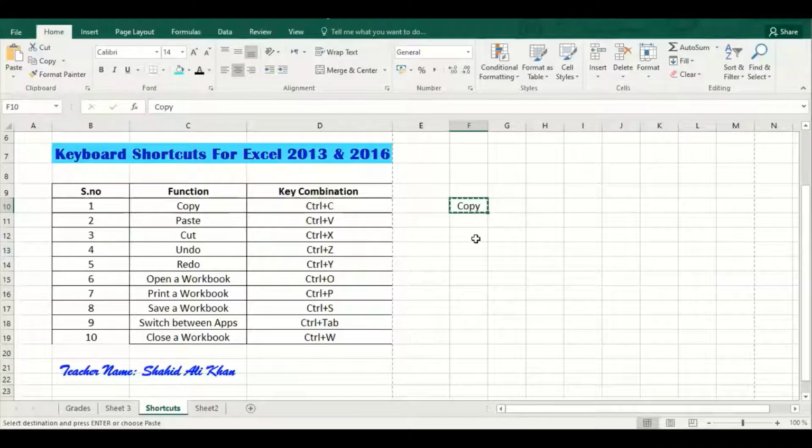Now I have to move to another location. For example, I want to move it here. This is the location. And again, the Control V key is used for pasting. So I will use Control V. You will notice the text is permanently moved into the I10 address. From F10, it moved to I10. So cut is used to permanently move the text to another location. That is, the Control X key is used for cutting the text.